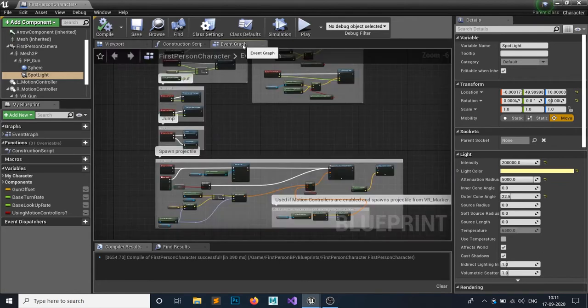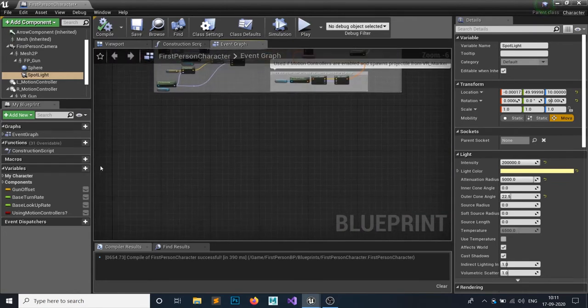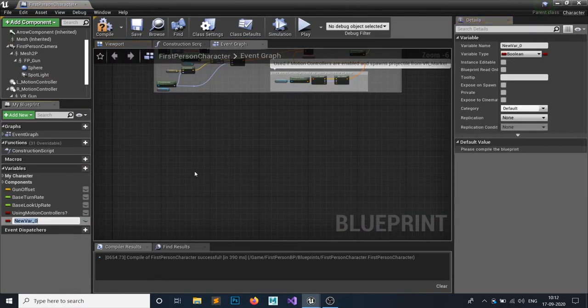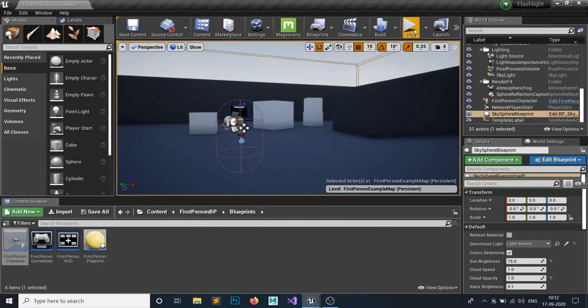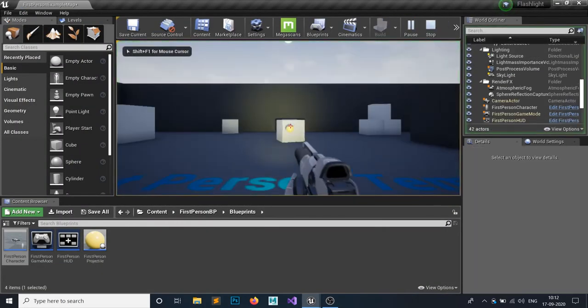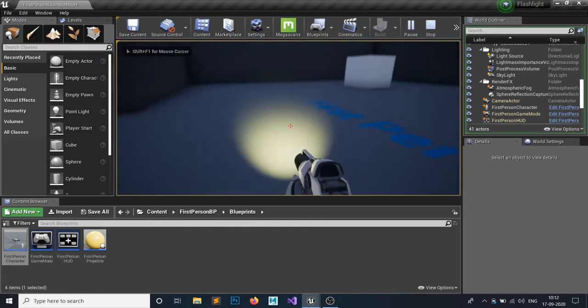Hit compile, and after that inside here just make a variable, and I'm going to call it is flashlight on, and hit compile, save, minimize it. Let's hit the play button. So you're going to see this little flashlight.